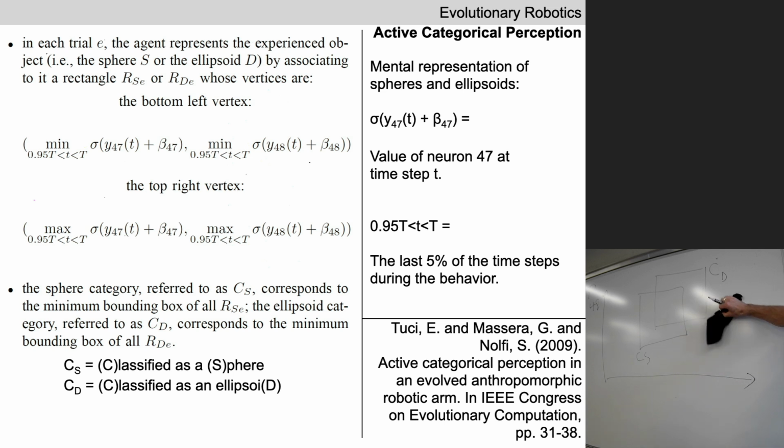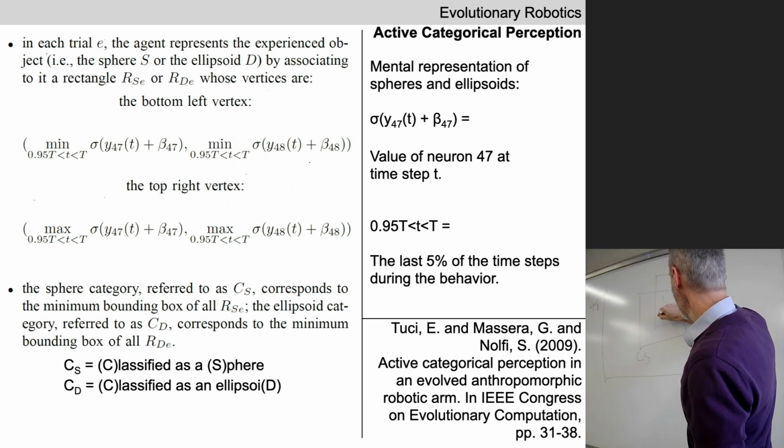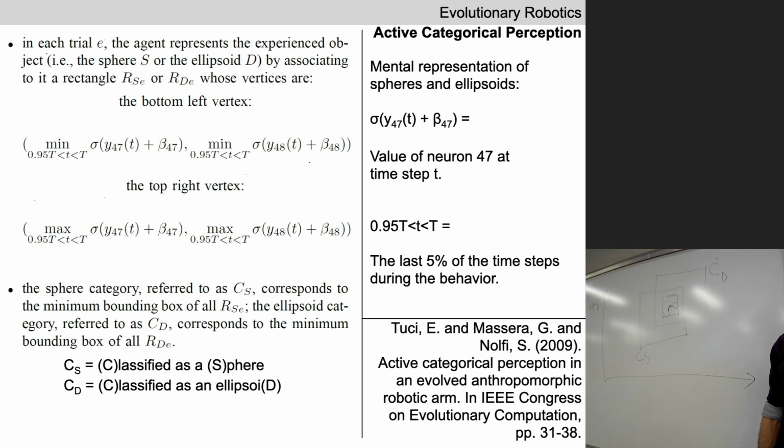You can probably guess what I'm going to do next. What if we place an object and it feels this? What does the robot tell us in this case? It's both, or it could be either, right? It's kind of ellipsoidical and spherical, or yeah, it's both. Or I don't know, right? This is